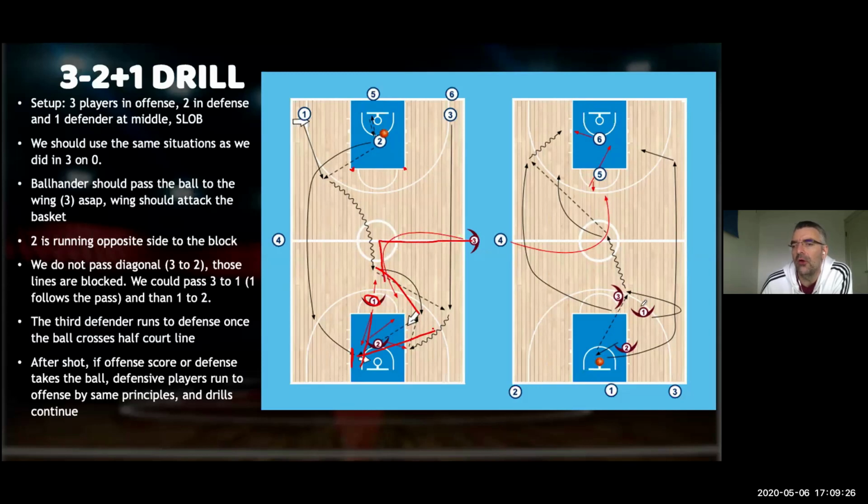Okay? So when one team finishes, defense goes offense, and we continue playing back and forth. It's the same thing. So 2 players here are playing defense, 5 and 6. 4 will join them once the ball passes the half court. As I said,